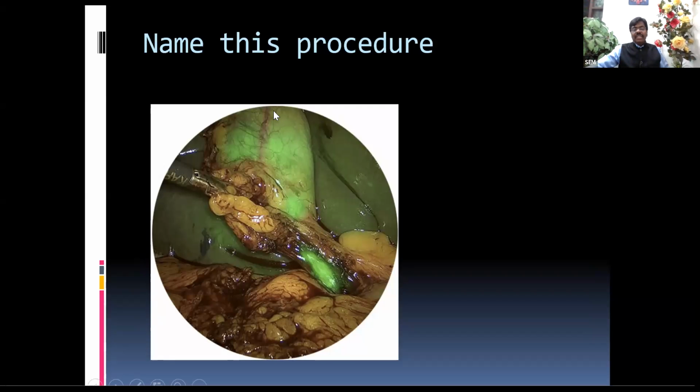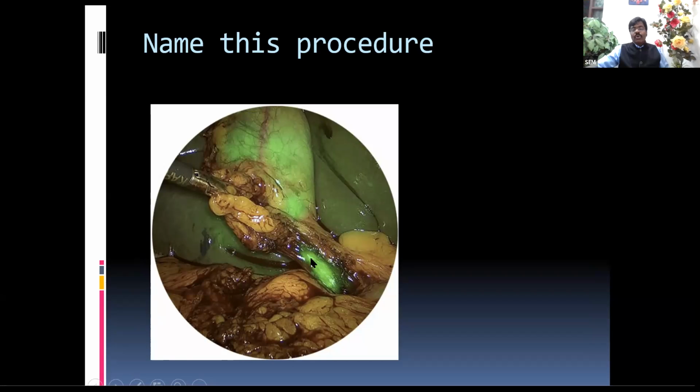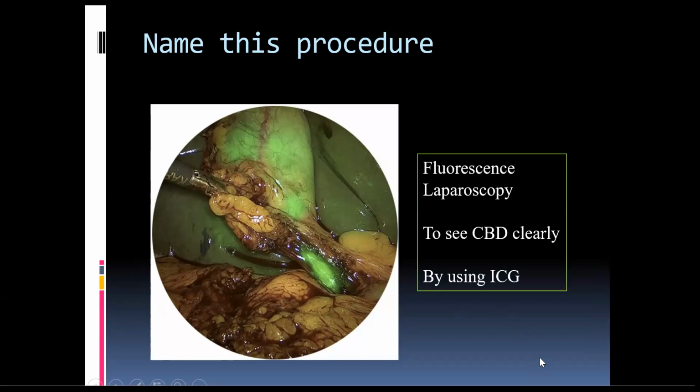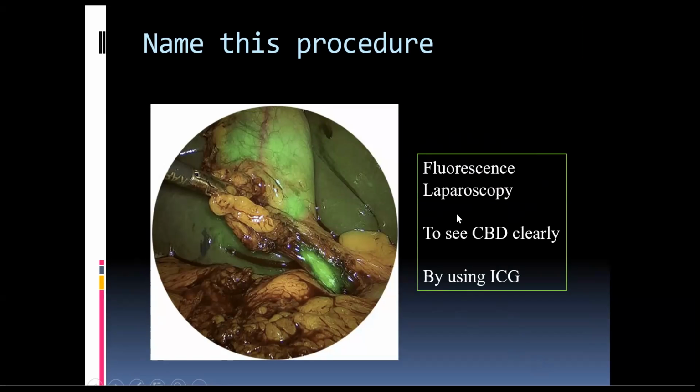See, now you can see the gallbladder and the cystic duct, they all look a different color, isn't it? As if they are blue color. This is actually a laparoscopy. This is a different type of laparoscopy that is called fluorescence laparoscopy. This is actually done only in the last 5-6 years. It is now something we commonly do. This is only to color code the